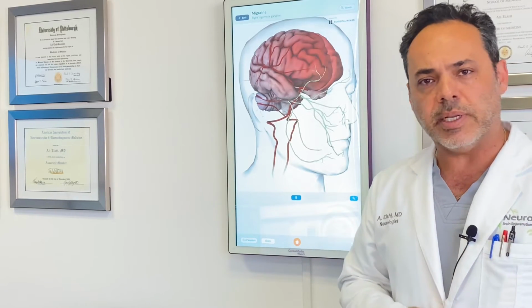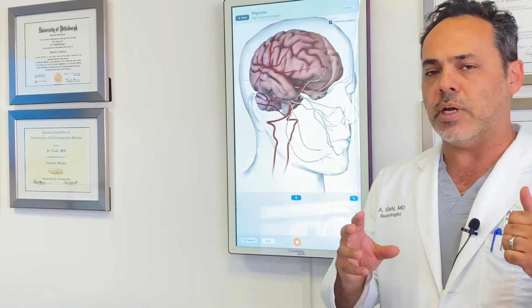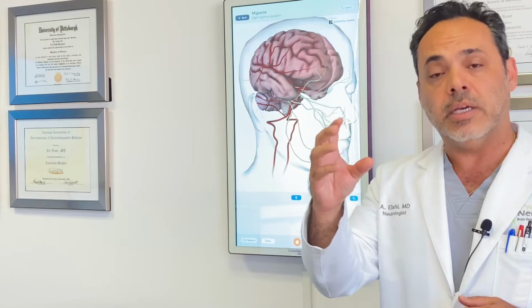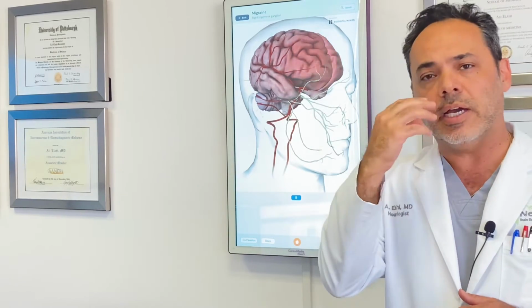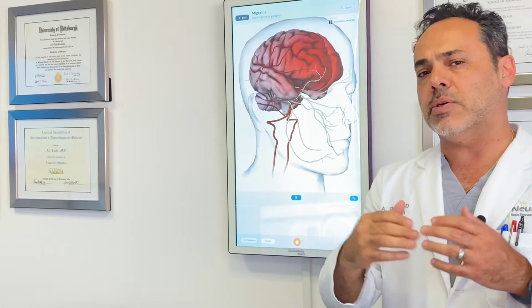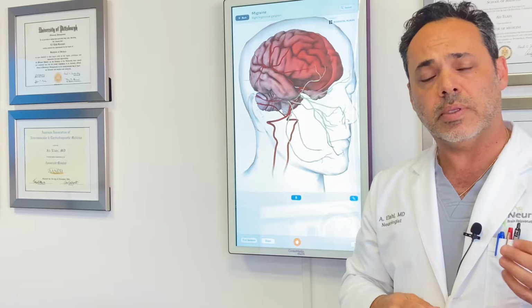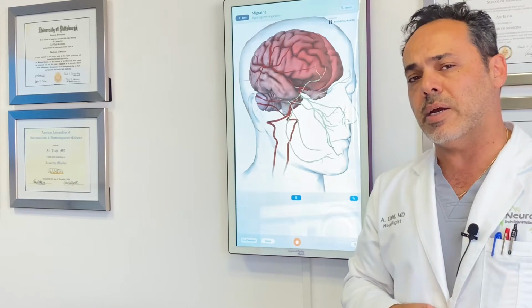Some features of migraine headaches that distinguish it from other types is that it's usually a gradual onset of a severe throbbing headache on one side of the head, usually behind the eyes, around the sinus region, back of the scalp. And over the next several hours, it peaks and it can be very debilitating. It can be associated with nausea, sensitivity to lights and sounds.